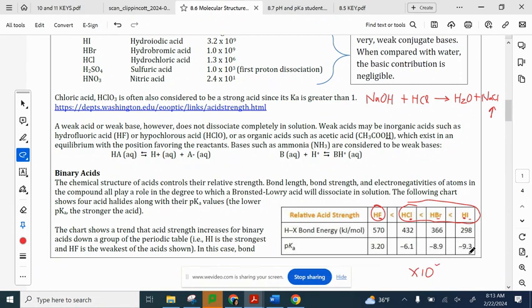Now, if you take this here, okay, and you do 10 to the negative 9.3, you're going to get 2.0 times 10 to the